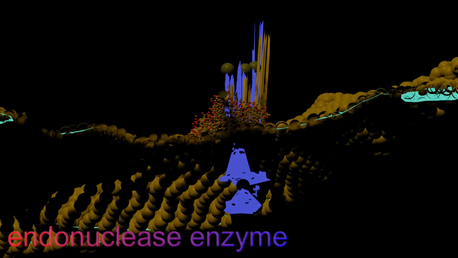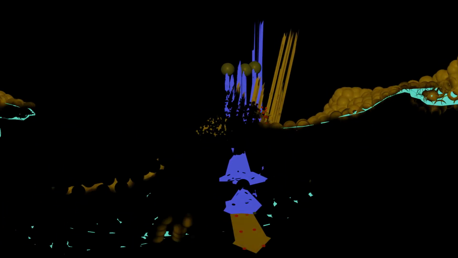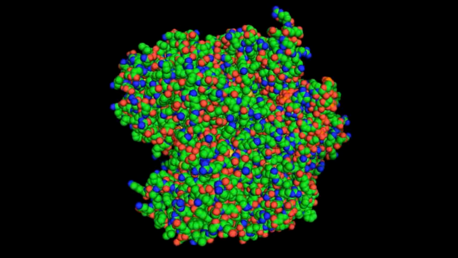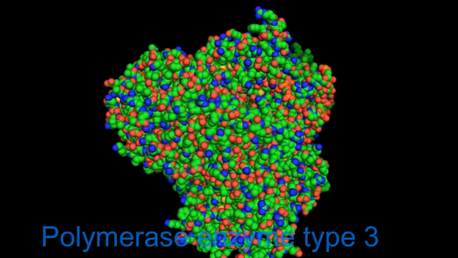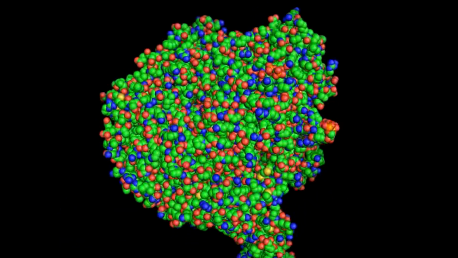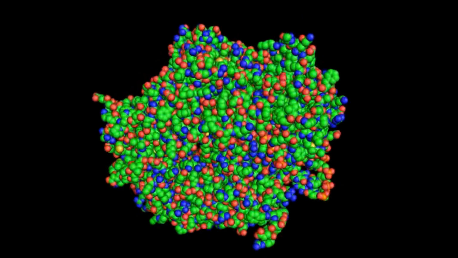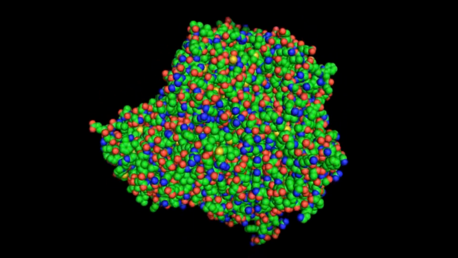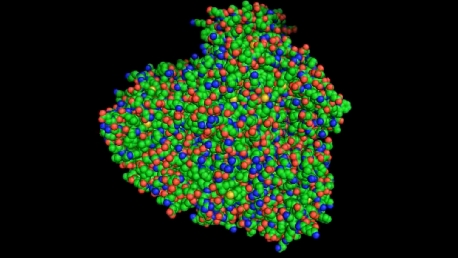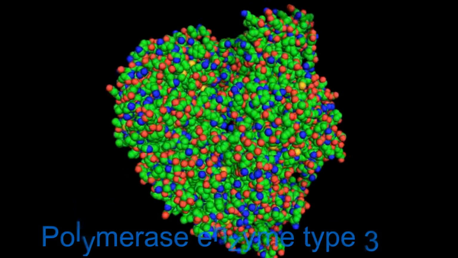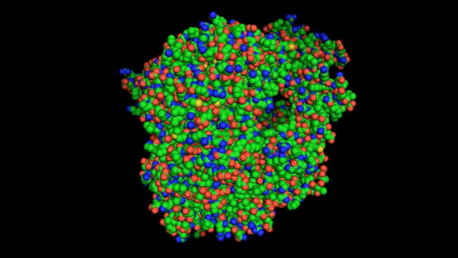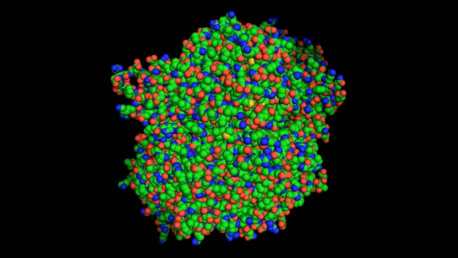When there is a mutation, of course, due to any mutagenic conditions, chemical, physical, biological, first of all, the polymerase type 1 identifies the site of mutation, and then an enzyme called endonuclease incises this site of mutation, determining how many nucleotides are mutated, excises this one, and then the exonuclease will remove this mutated segment, and then after that the